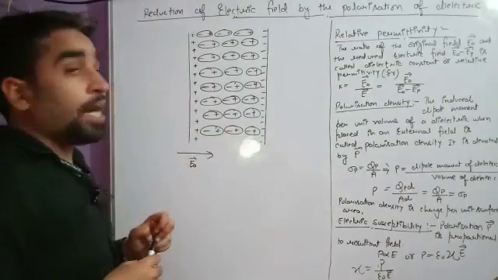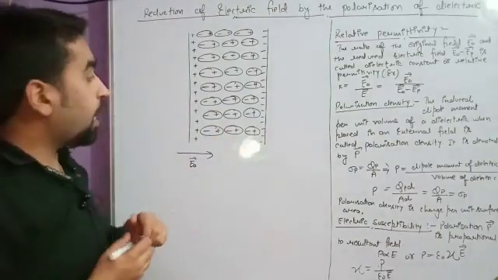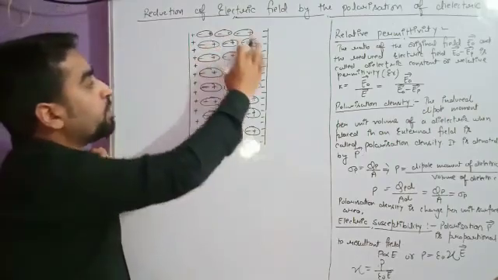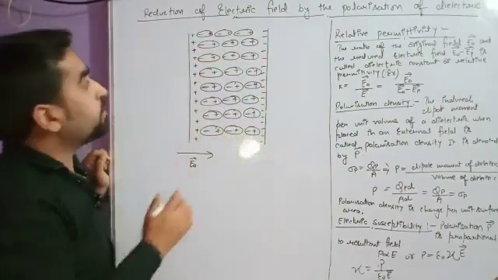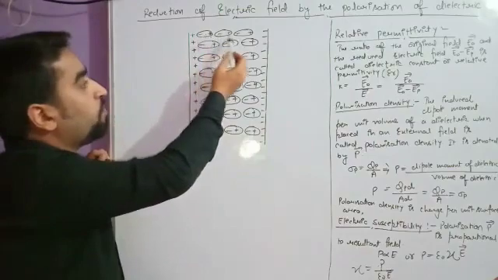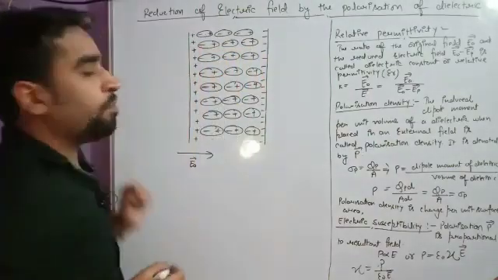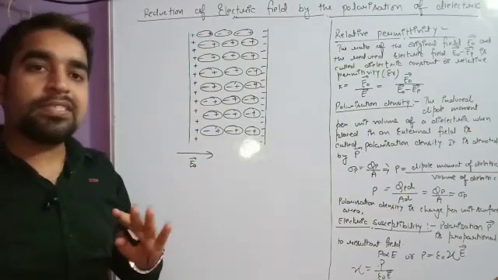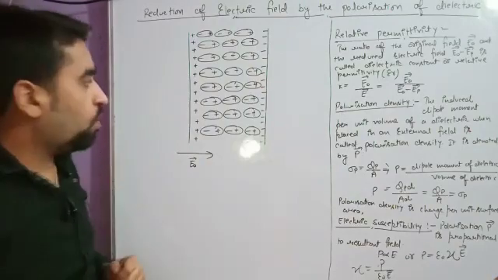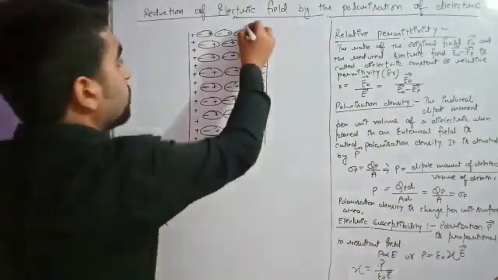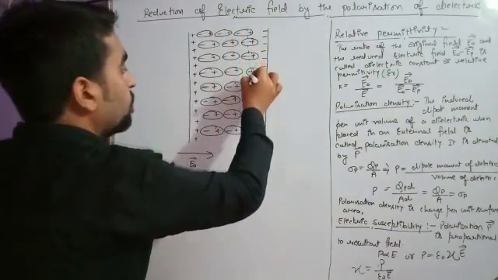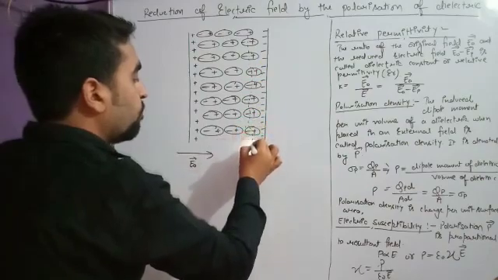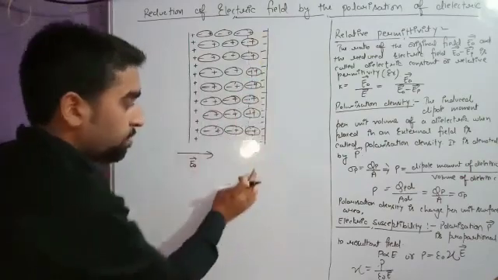What is the charge density? The answer is, the total charge density is 0. Why is it 0? You can see the number of negative charges is equal to the number of positive charges, so the total charge is 0. But the surface charge density is not 0. How is it not 0? As you can see clearly, on the surface here a total of positive charge has been aligned.